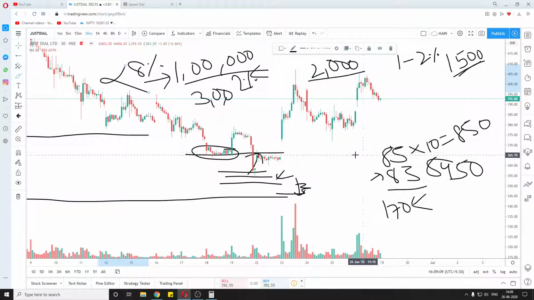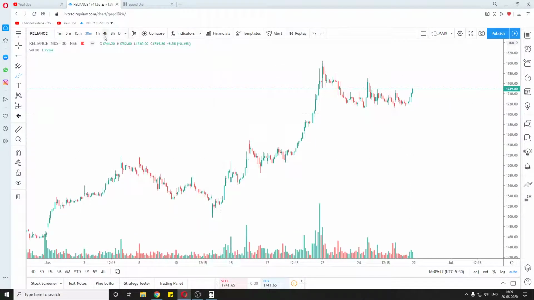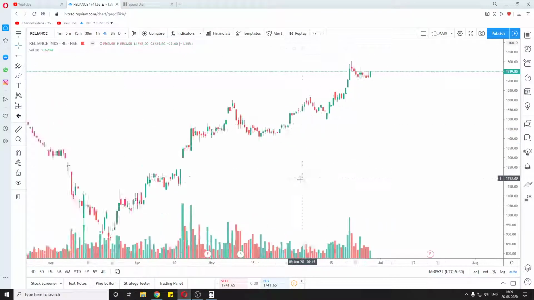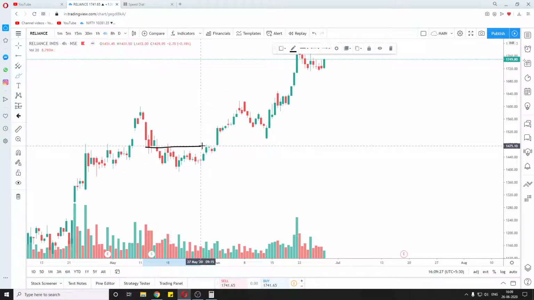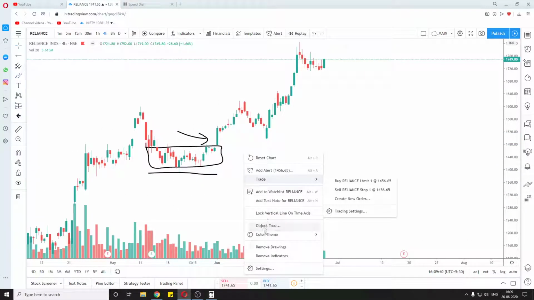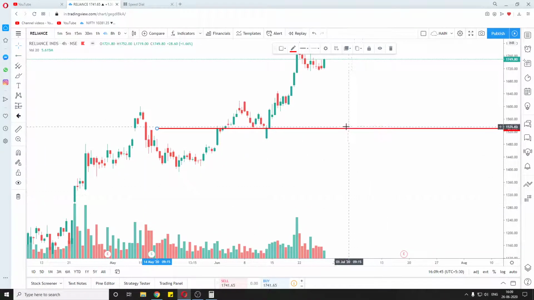Now let's look at the same approach for another example, for investment purposes. I think I recommended Reliance. Let's go to the 4-hour chart now. I posted a trading idea around here, where I saw this volume and this sideways market. So I was waiting for a breakout, and this was our trade. Now the stop loss comes below this accumulation. For example, we waited for this candle and we entered at 1530.